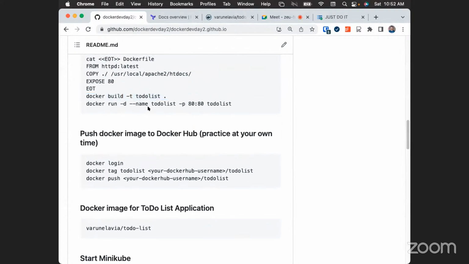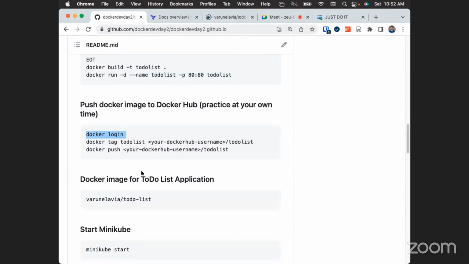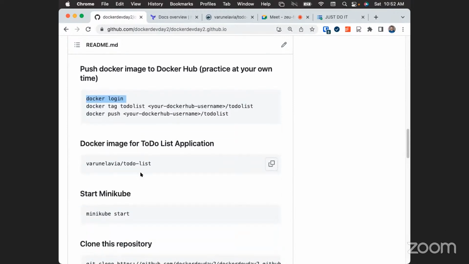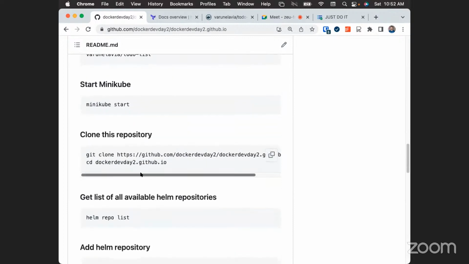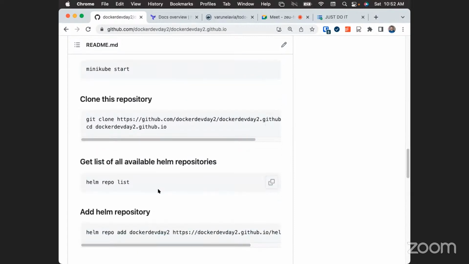So we did Docker run, when it executed the Docker image locally. And now if I want to use it, I have to push it into Docker Hub. Yes or no? These are the steps where you can push it to Docker Hub. Then I have started the Minikube. The command to start Minikube is minikube start, right? And